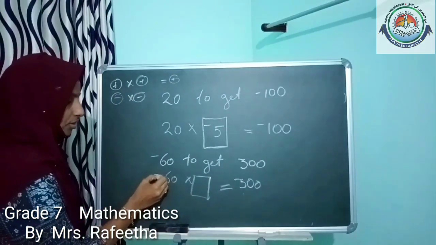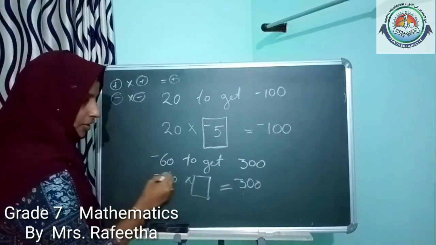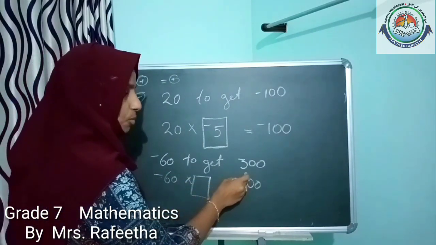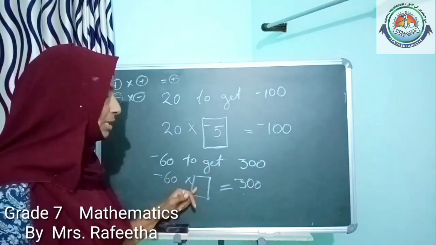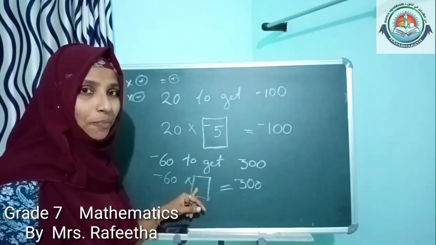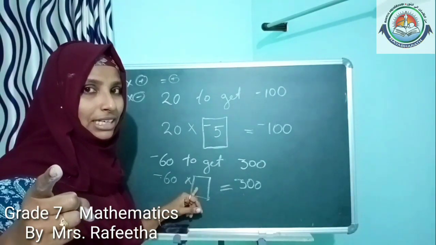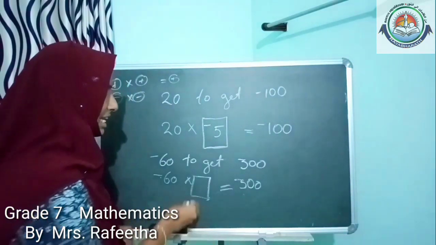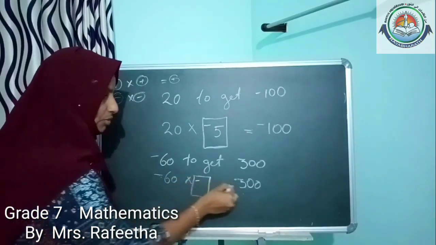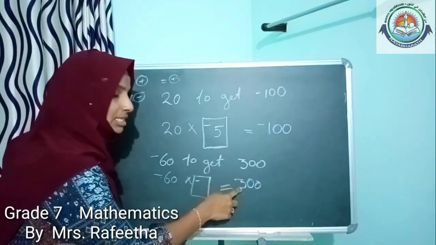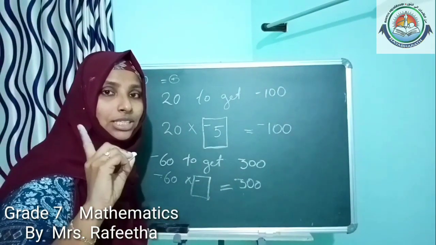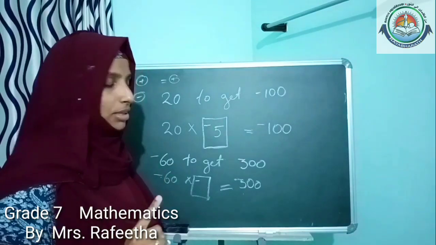So here already one negative is there. Here the answer result is positive. So which digit here, negative or positive, you want to multiply inside? Tell me. If you studied, you will get. That is negative. That is negative into negative is positive. If you are multiplying here with a positive digit, this 300 will not be there here. Instead of that, minus 300 will be there.